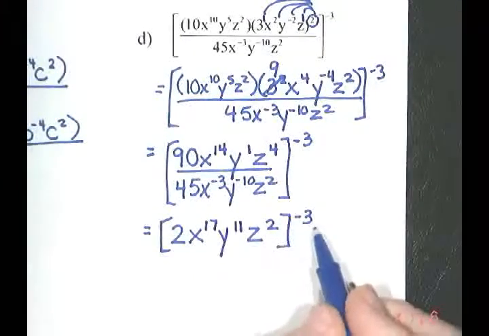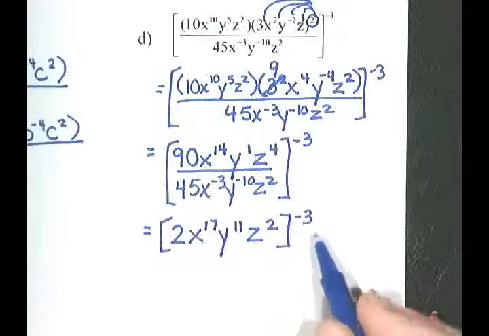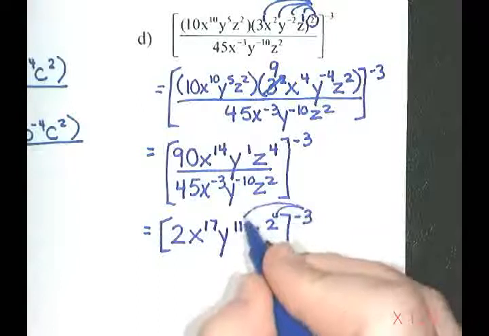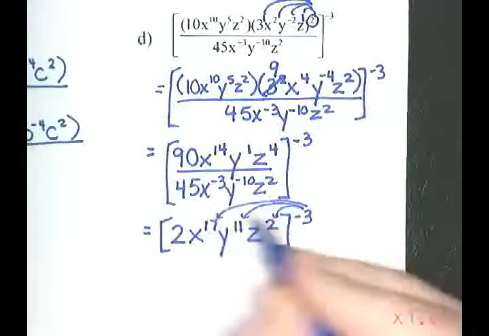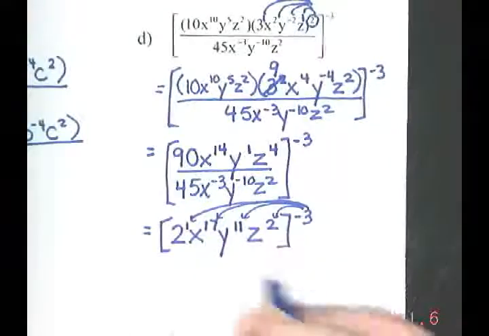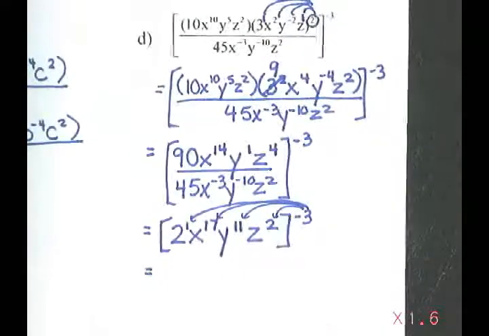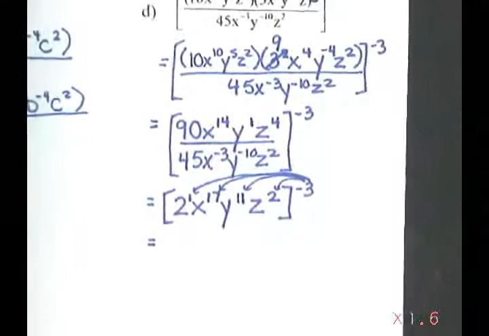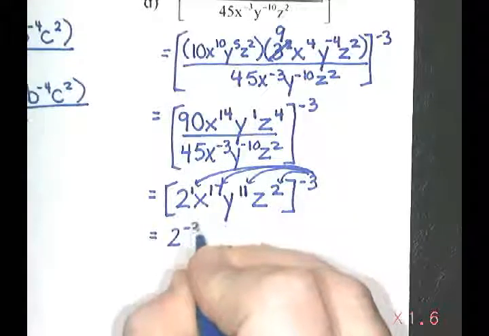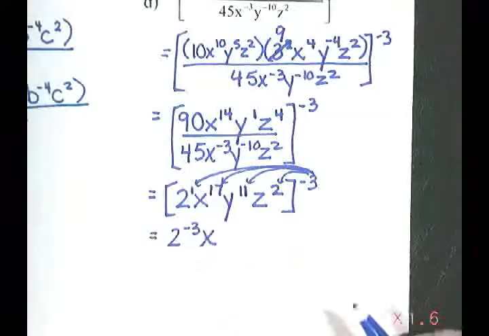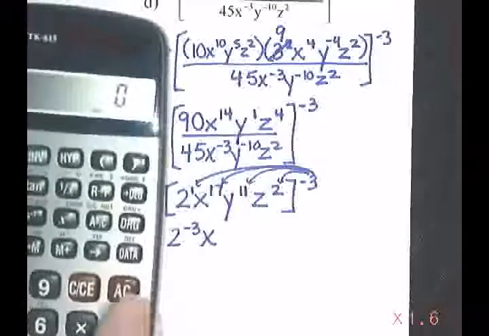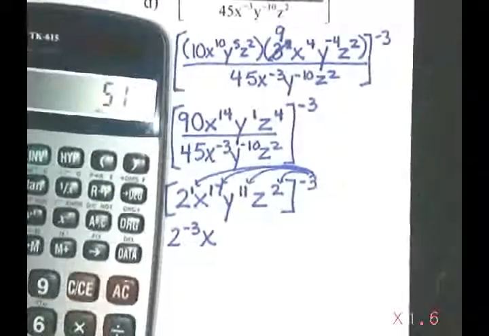The last thing I need to do here is take that negative 3 exponent and multiply it into our exponents inside the bracket. So into the 2, the 11, the 17, and the secret 1 on the 2. So this is going to give me 2 to the power of 1 times negative 3, which is 2 to the negative 3. x to the power of 17 times negative 3. Now I'm going to use my calculator to check 17 times 3, which is going to be